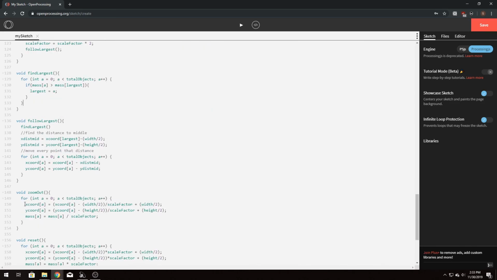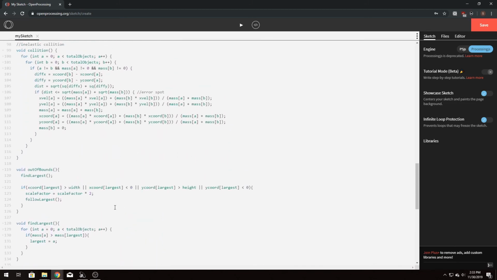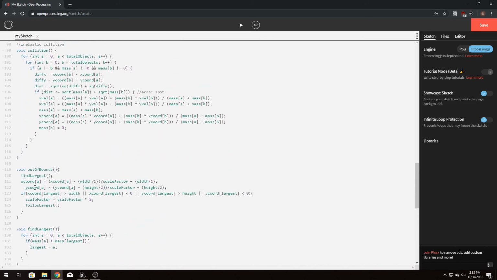We'll just grab this x and y coordinate code from the zoom out function and put it in our out of bounds function. Now we'll change this value to x coordinate new and change the y coordinate to y coordinate new, and then replace all of these references to a to the largest body in the simulation. Now we will replace the x and y coordinates that we pass into this if statement with x coordinate new and y coordinate new. Now when we run the program,